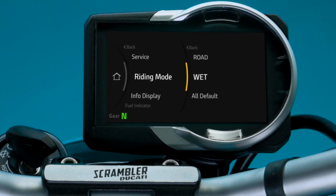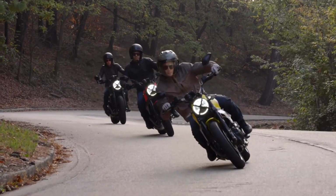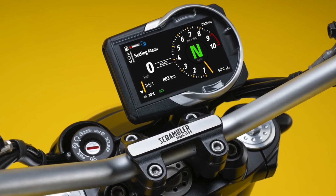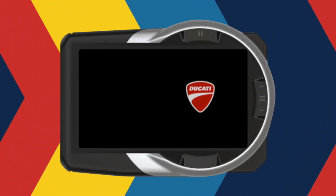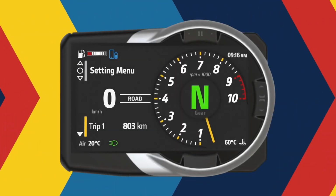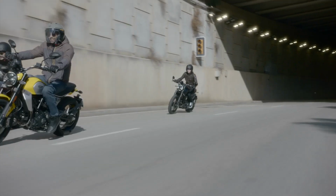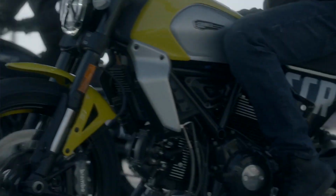There is also 4-level traction control and even cornering ABS front and rear. You may have already noticed that this is all controlled via a new 4.3-inch colour TFT dash. The dash is set up to be ready for Ducati's multimedia system as well, so as an option you can control your phone calls and music through the dash and handlebars if you wanted. There is also an underseat USB socket too, so the little Scramblers have now been brought right up to date